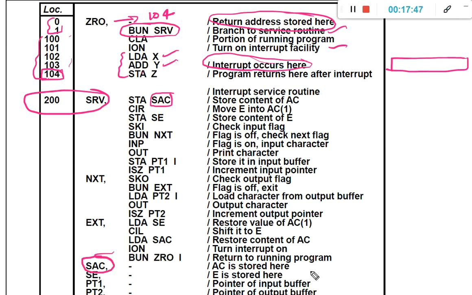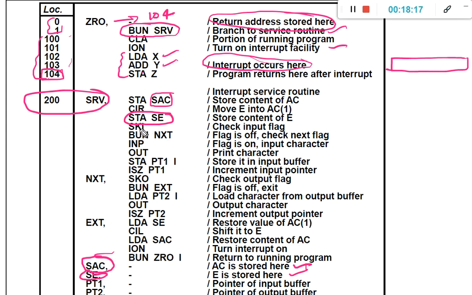Then perform the circulate right operation, and after that store the content of the expansion bit in SE. This is also a temporary variable, in which we store the expansion bit, and then the actual logic applies.